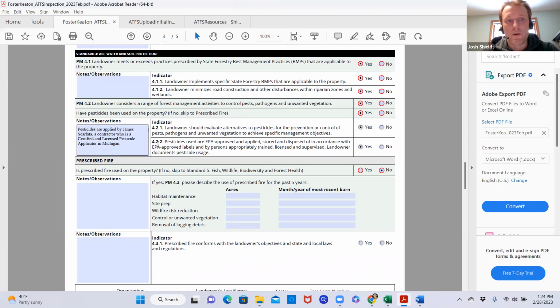So I just have a note here indicating that pesticides are applied by James Scarlatta, who's a local contractor, and he's a certified and licensed pesticide applicator in Michigan. So that's who Keaton is working with to do these treatments for tree of heaven, black locust, invasive shrubs. He's hired this out to a qualified contractor who carries all the proper paperwork. So